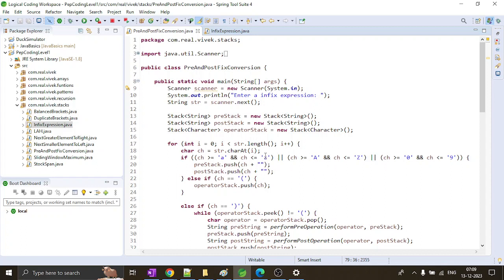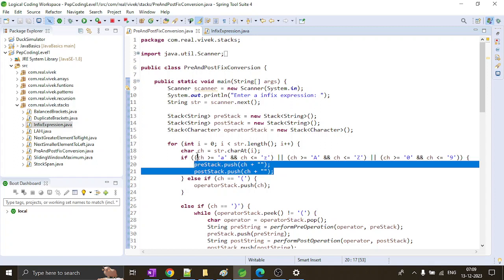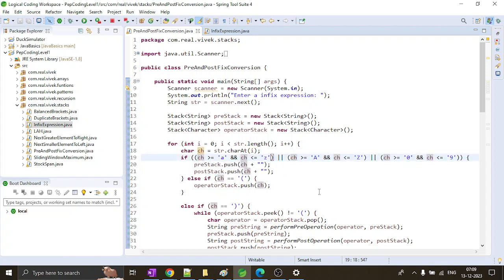So if ch is greater than or less than z, ch is, I think this condition is not being satisfied, like it is not able to push this. So if ch is greater than or equal to a, or ch is,